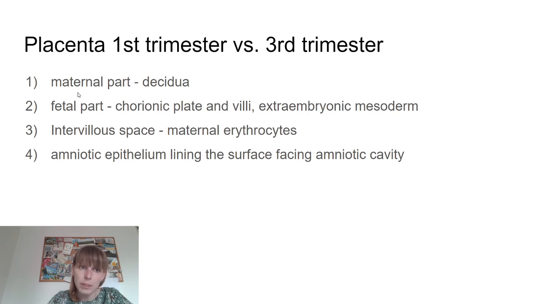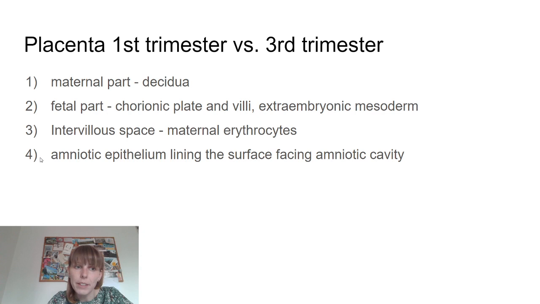But in general, what we will see in placenta will be the maternal part, so the decidua basalis, so decidual cells, we will take a look at them, and then the fetal part, which will be the chorionic plate and the villi coming out of it, and it will be filled with the extraembryonic mesoderm, and between the villi we will see maternal blood,